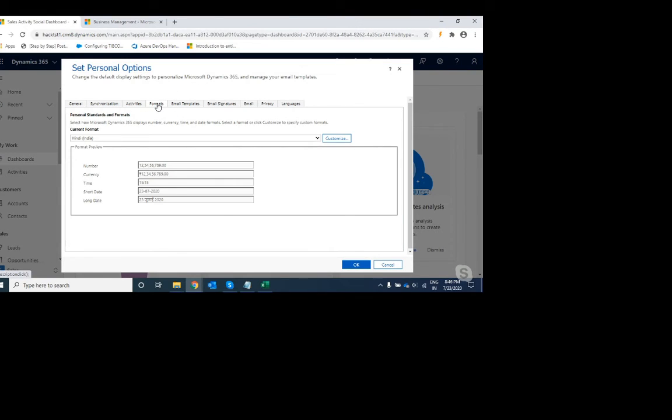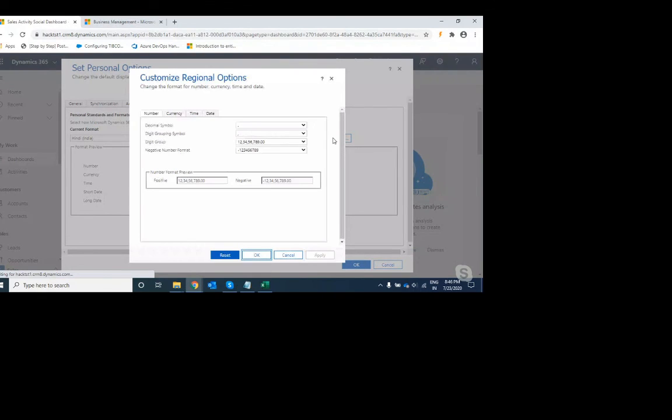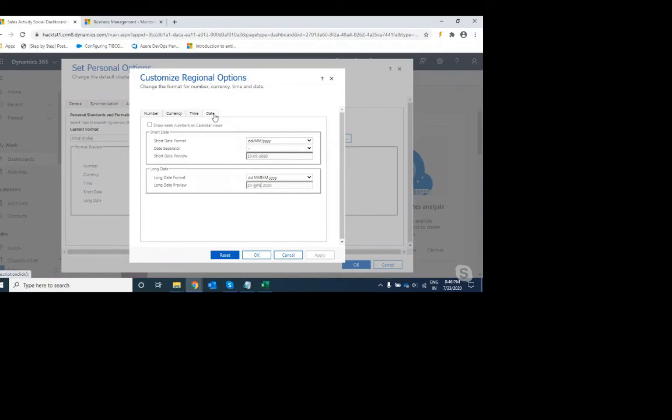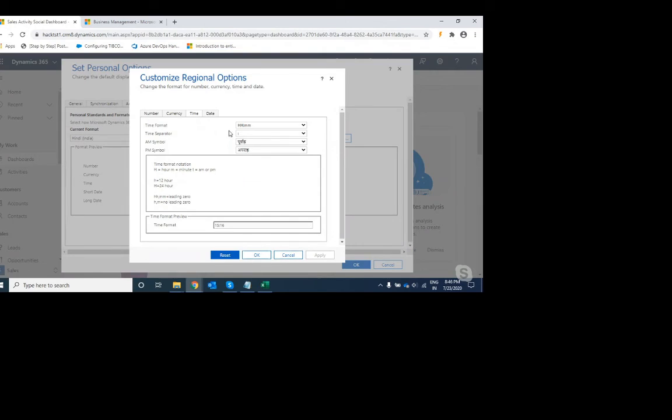Here Dynamics shows the various formats of, for example, number, currency, time, short date, and long date. If you click on this customize button, you can see within the date tab the short date format. So please check your instance date format and the time format here.